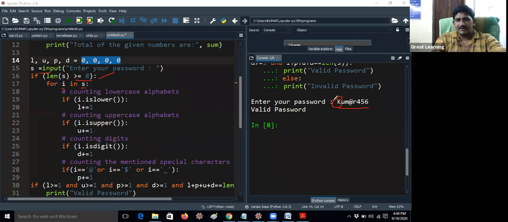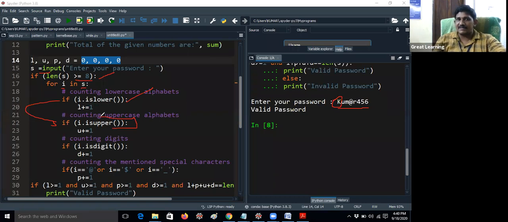I already explained that concept earlier. Now i contains capital K. Now it will check if i dot islower. This condition will fail because K is not lowercase, so it will skip to the next condition. Now K dot isupper returns true.